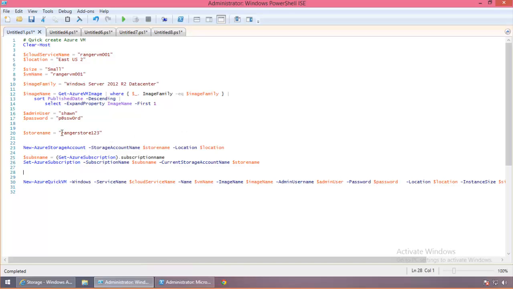So the storage name is basically the storage account name, and my storage account name is going to be RangerStore123. And what I'm doing is I'm creating a new storage account using this cmdlet, New-AzureStorageAccount, and I'm putting this storage name in the parameter here, and I'm going to put it in a location. This location is going to be the same location where the cloud service was created. So I'm going to pretty much have the location variable always point to East US 2 in